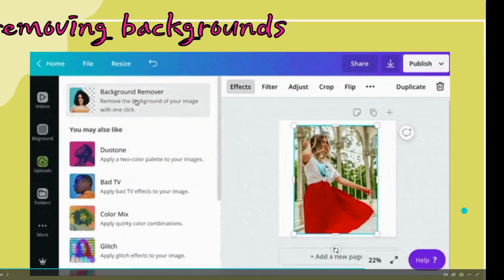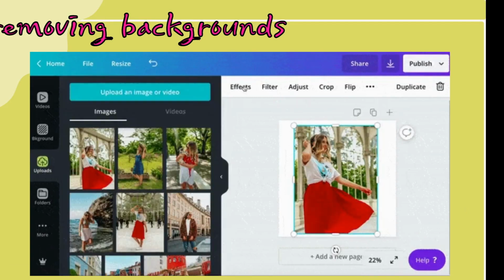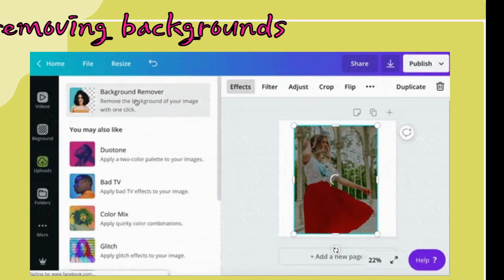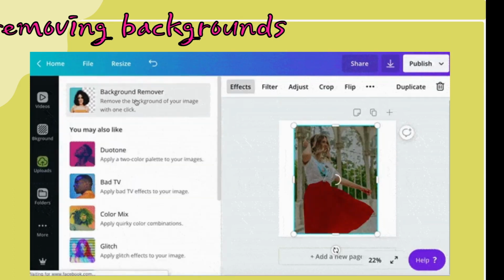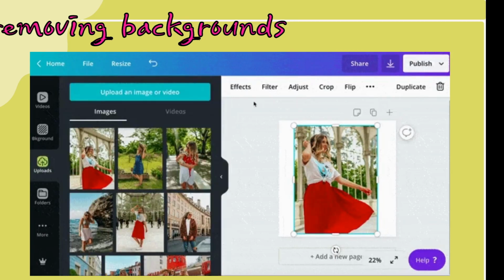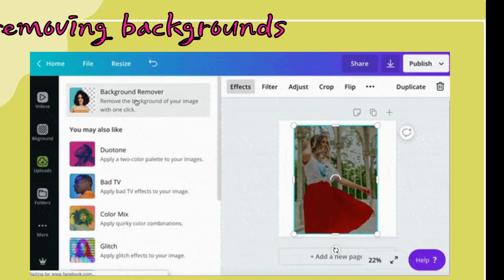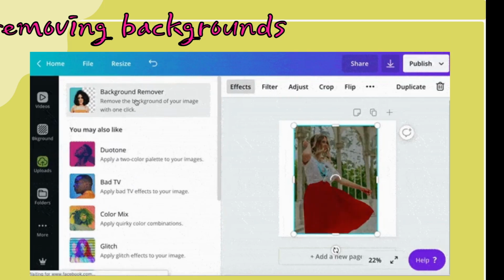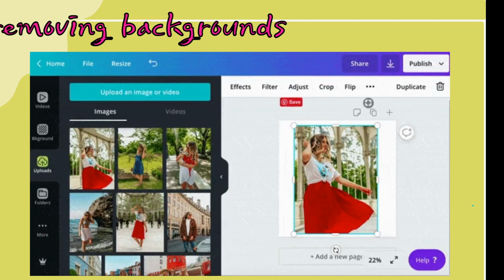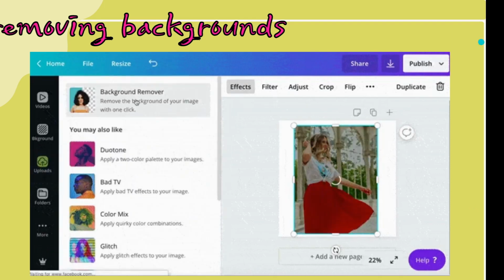I mentioned earlier, we were talking about removing the backgrounds of videos. The same thing can be done with your pictures. You can just pull in your picture, select it, just like I did when we were talking about taking the backgrounds out of those videos. And then you go to the background remover option, and it will take the backgrounds out of your pictures.